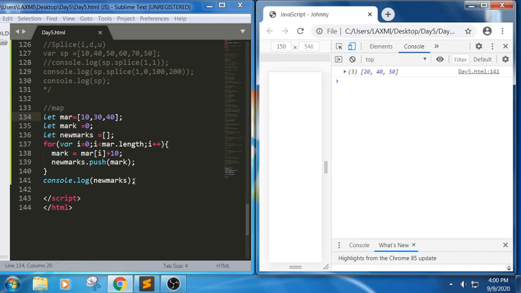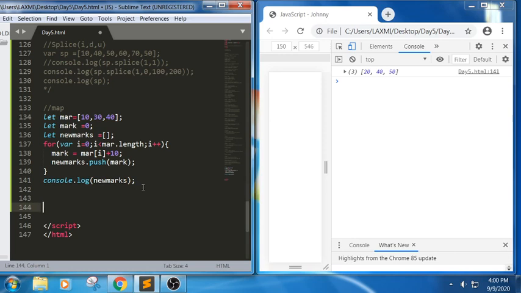See, each array element has been initialized and incremented, and it is trying to push into this. You know about push, we can insert an array element. In this for loop I have iterated each and every element for the first loop, second loop and third loop, and I'm trying to add 10 marks and push the new values into this new array so that it can be displayed here. This is done without using a map, so we are writing the code manually.